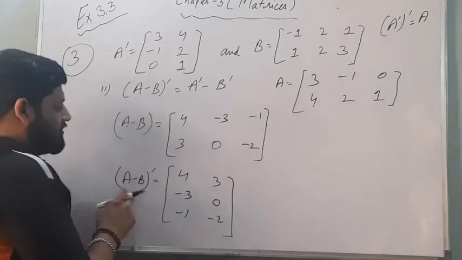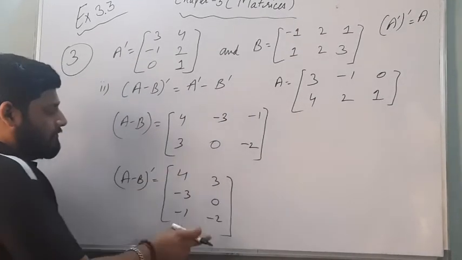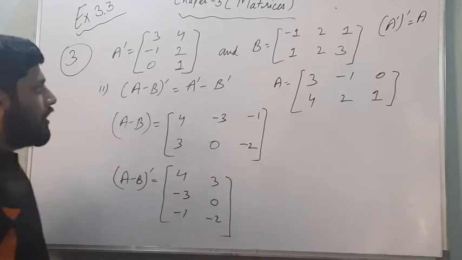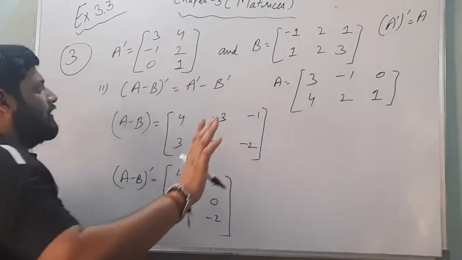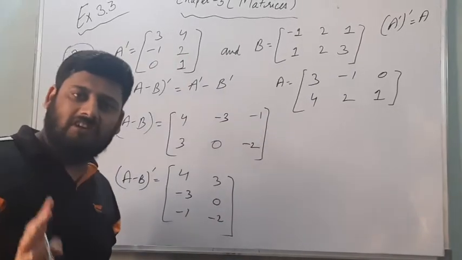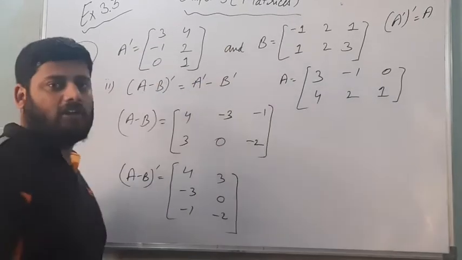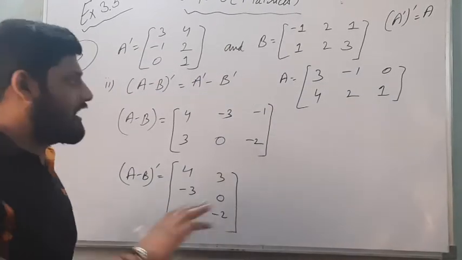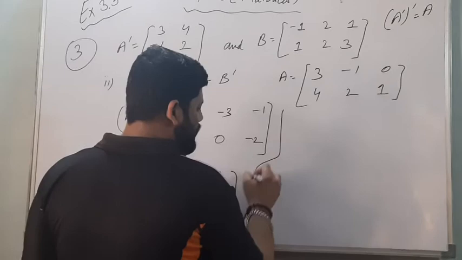What is the transpose of A minus B? A minus B transpose is this. Now what we have to find, we already have A transpose, we have to just find out the transpose of B and then we will subtract both of these matrices. So see,